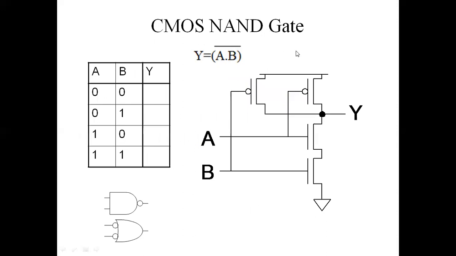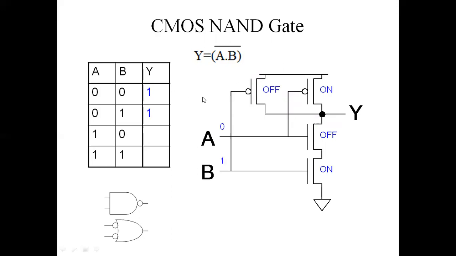Now let us consider the example of the CMOS gate, implementation of the NAND gate by the CMOS. So the equation is Y equals to (A dot B) bar. Now for input 0, 0, A is 0, B is equals to 0. So which transistor becomes on? The PMOS are going to on and the NMOS are going to off. So here the output is connected to the VDD through the PMOSFET. So output is equals to 1.